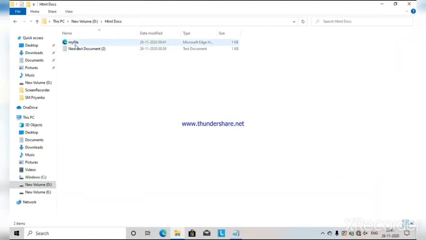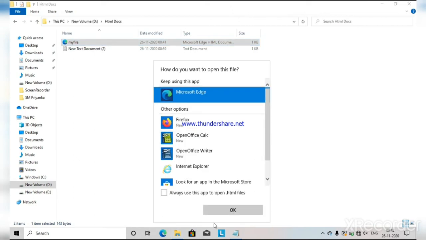that my file is having the icon of the web browser. The default web browser's icon is shown with the name of the file, and all the other text documents have a different icon. So this indicates that now this has become a web file. It is a web file. You can see in the type also. At present, the default web browser is Microsoft Edge in this system, so it is showing the type Microsoft Edge HTML document. Now, as we click on this file, you can see it is opening in